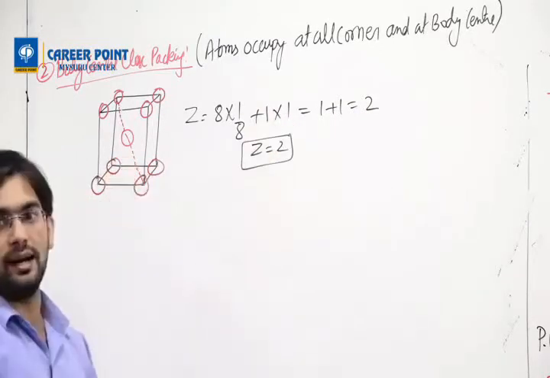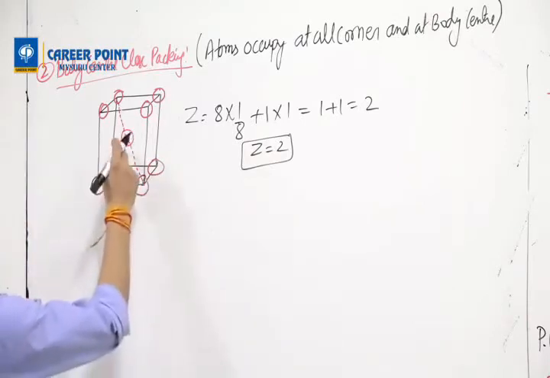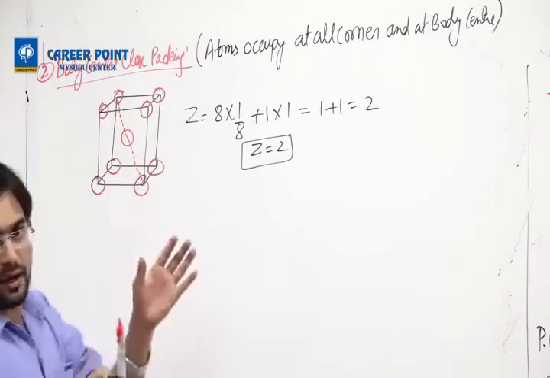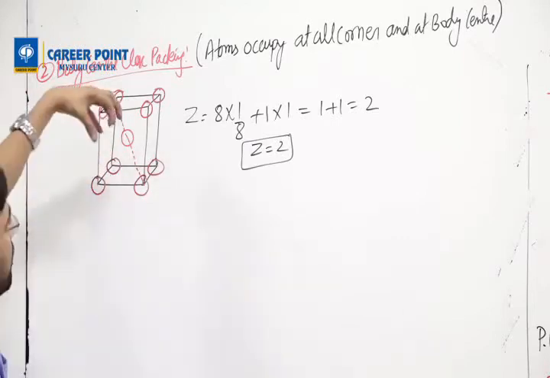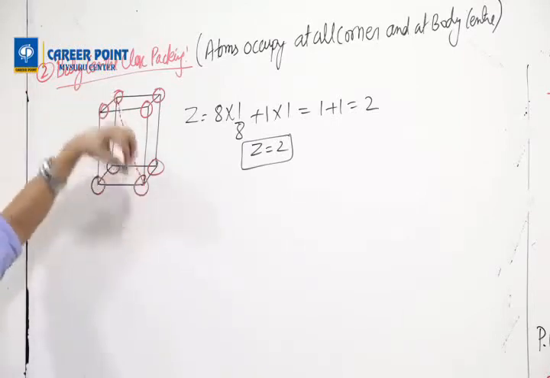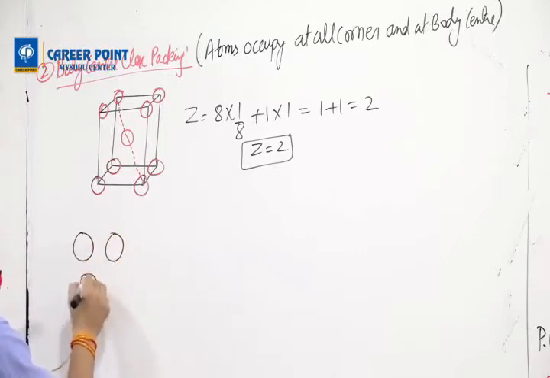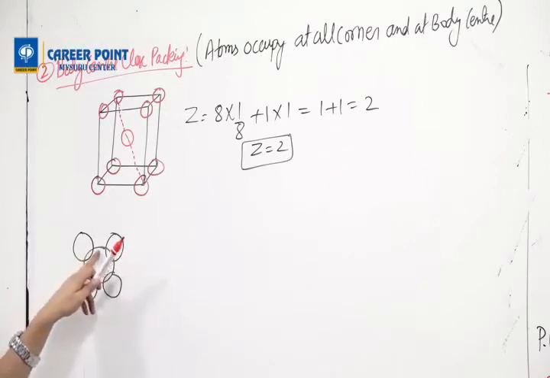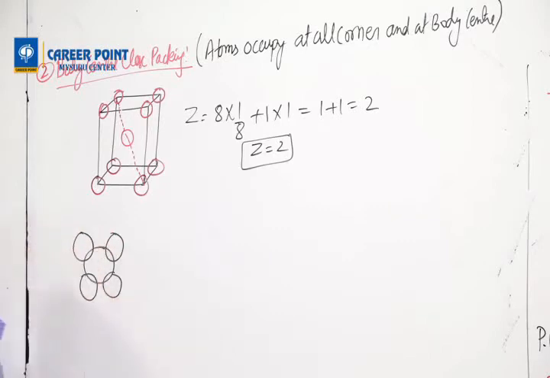Next is the A and R relation. In the beginning, in the simple cubic close packing, all 4 atoms were touching. Then I brought a fifth ball and kept it inside between them. So now these four are not touching. It looks like this. This fifth ball is present on top of the four balls and somewhat submerged inside. That's why these four are not touching.